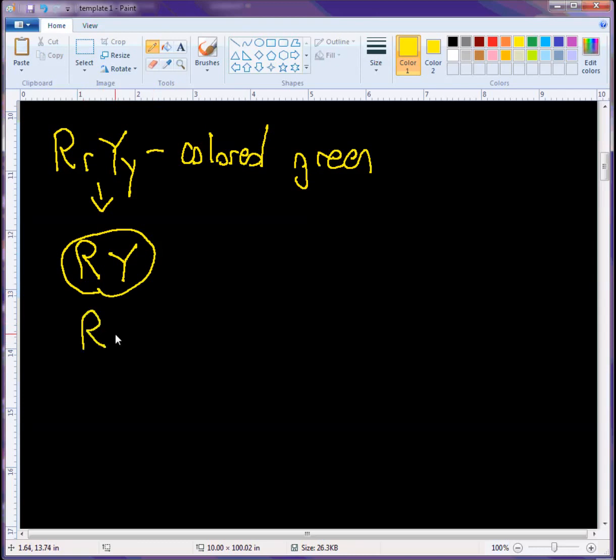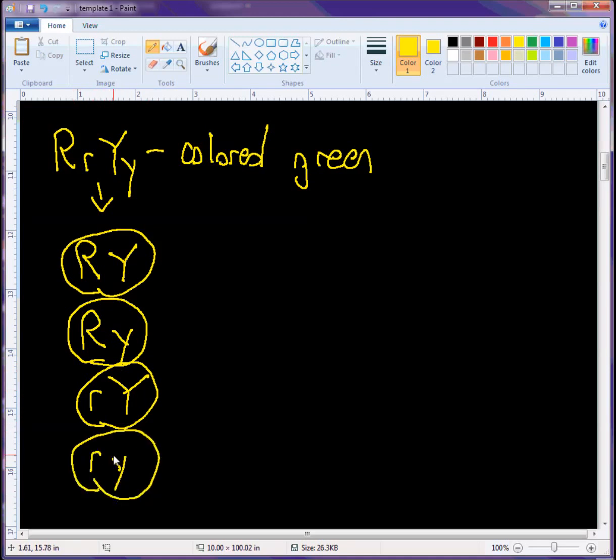Big R and little y can be together in one gamete. Little r and big Y, and little r and little y. During the cross, all of these are going to combine with that little r and little y. Now, if these genes R and Y are on different chromosomes, then they would be assorting independently, and we'd see